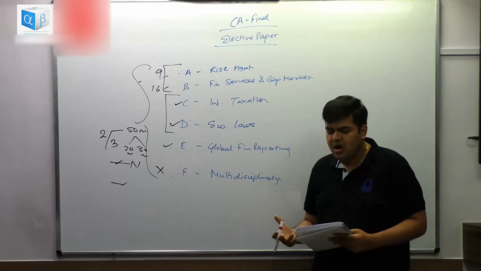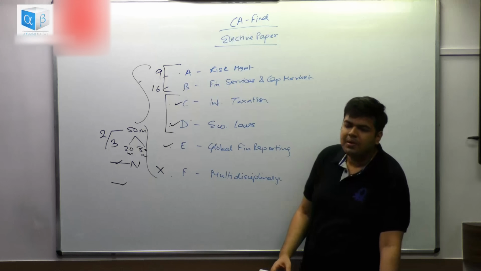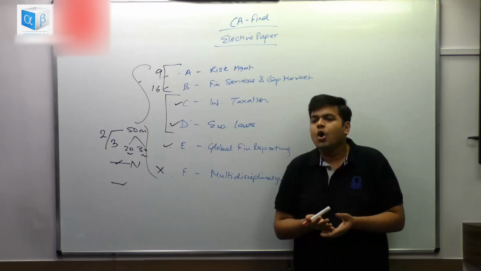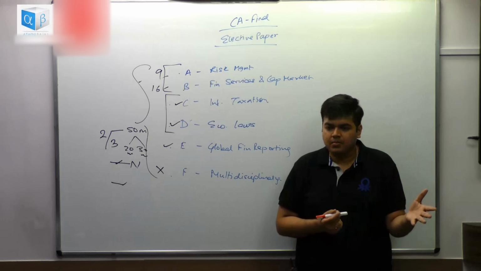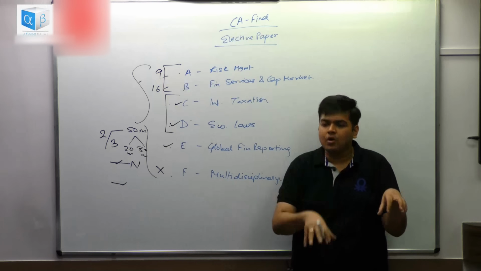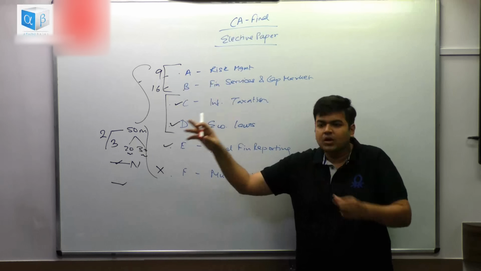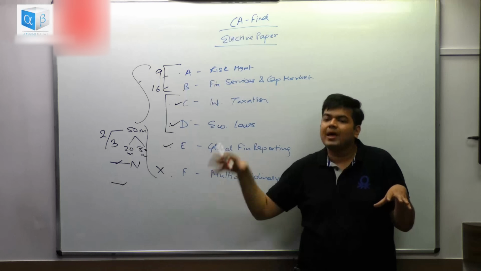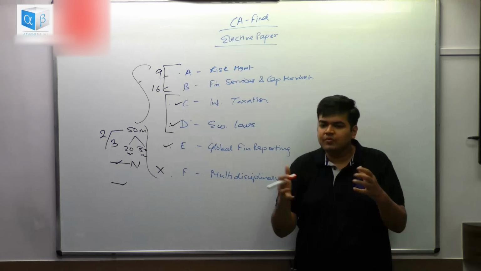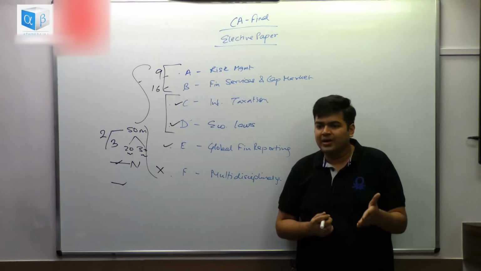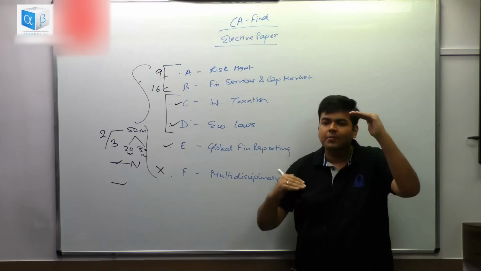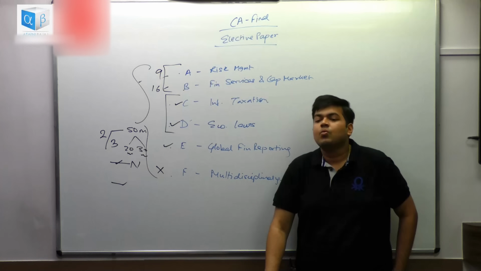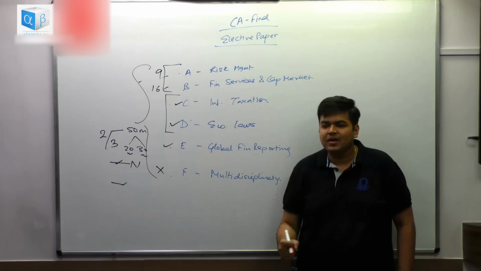Operational risk, corporate governance, enterprise risk management. Say for example, enterprise risk management would mean that you need to do the risk management for the enterprise as a whole, for the entire organization, instead of having multiple risk departments. Suppose a bank has a credit card department, a foreign exchange department, a treasury department, corporate sales, retail sales. So there are multiple departments. Now instead of every single department trying to do their own analysis and risk management, we should have a unified structure. For those who have completed portfolio in SFM, you'll understand that when you combine multiple assets together, there is a diversification benefit. So enterprise risk management would rather have a unified kind of risk management for the entire organization as a whole.